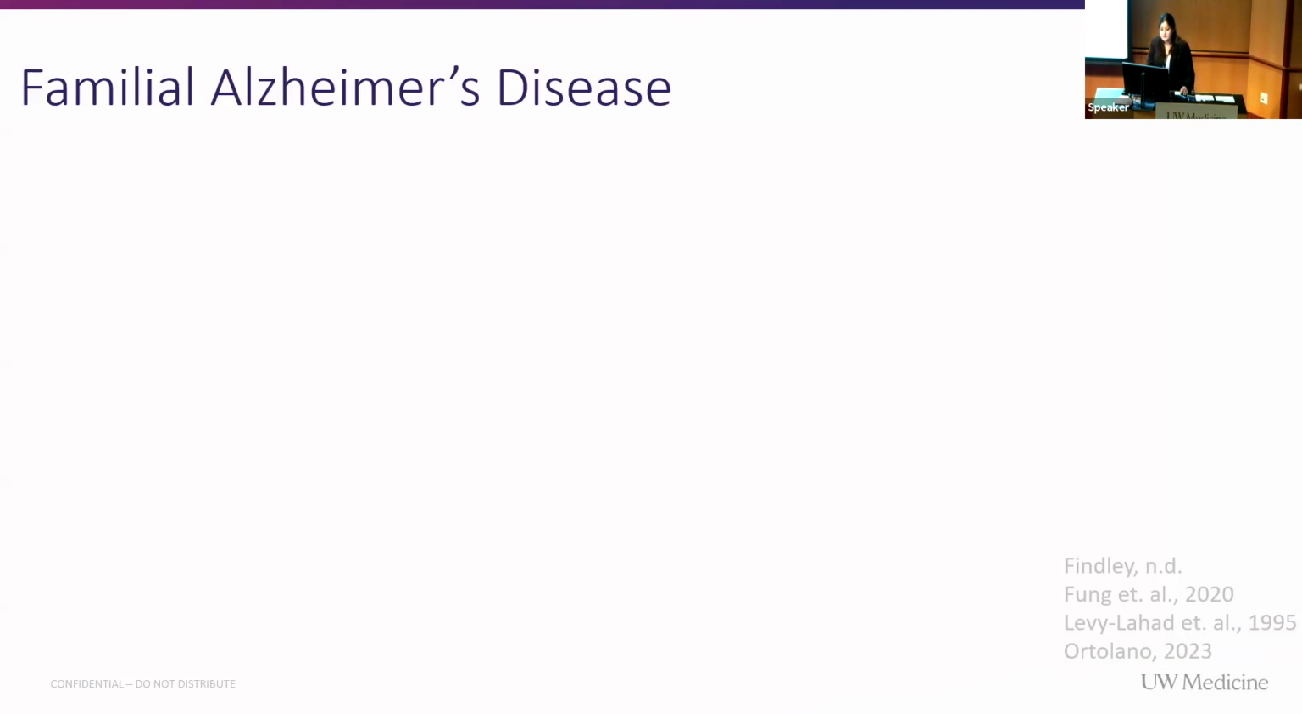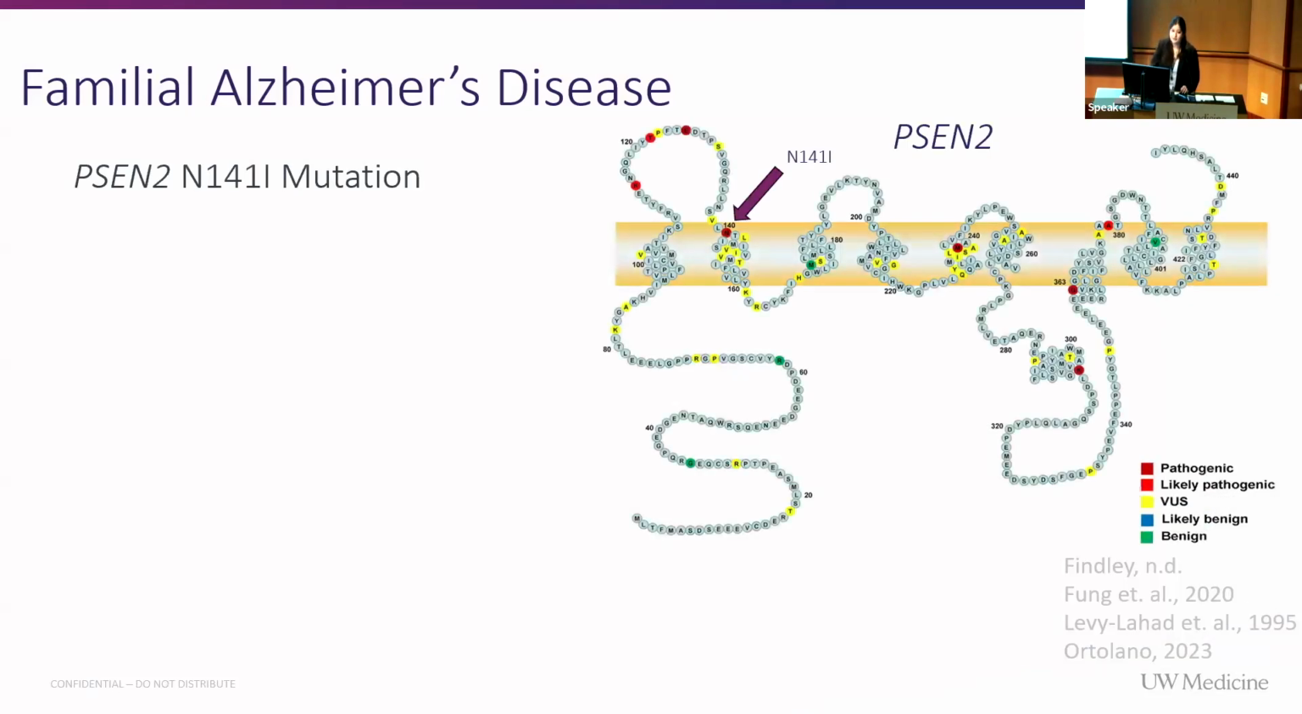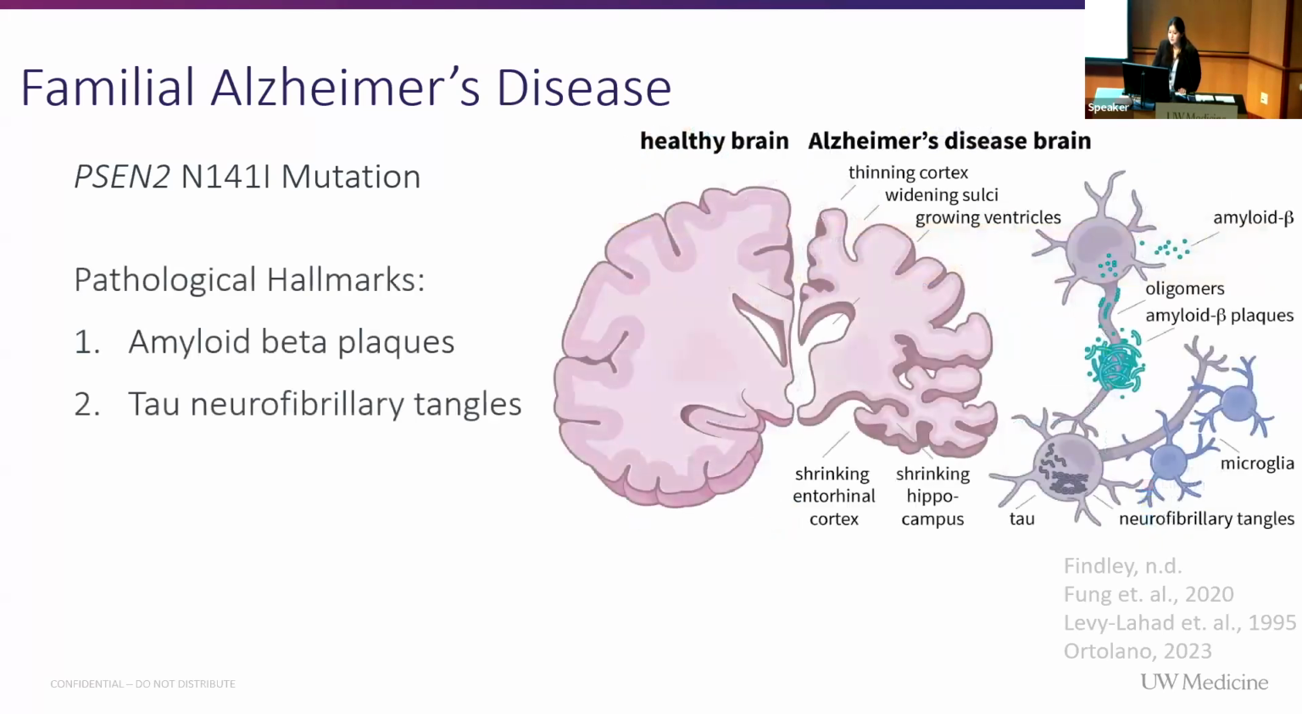Familial Alzheimer's disease is the interest for my project, and I will focus on PSEN2, one of the 3 known genes whose variants cause familial Alzheimer's disease. It's been recognized that the N141I mutation found in PSEN2 is associated with disease-causing behavior and is of interest in familial Alzheimer's disease studies. But regardless of form, both familial and sporadic Alzheimer's disease have these pathological hallmarks: the buildups of amyloid beta plaques in the brain and tau neurofibrillary tangles, both of which affect neuron structures and communication between